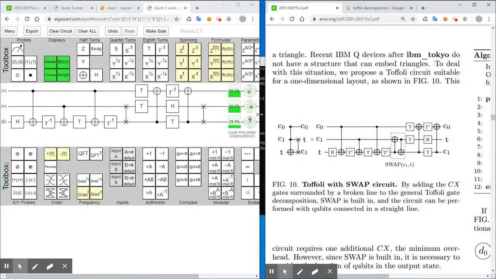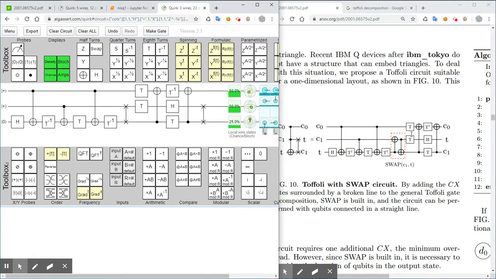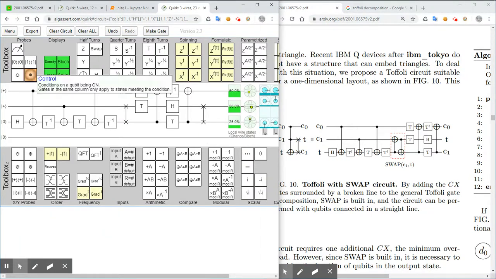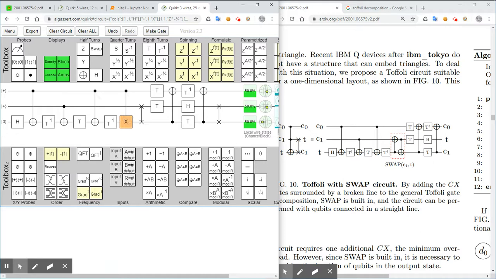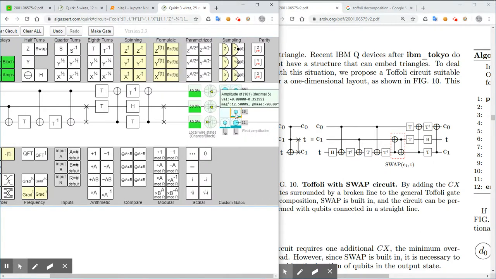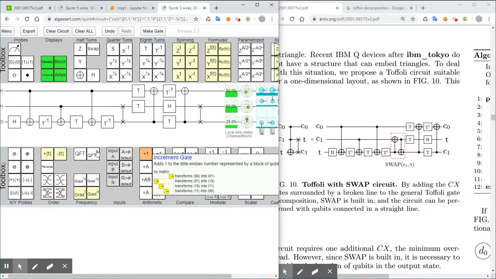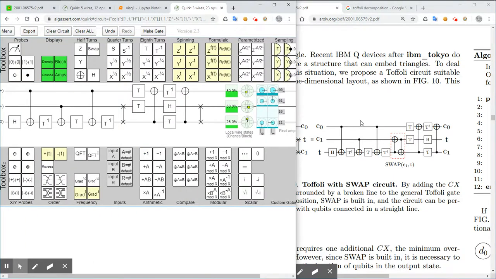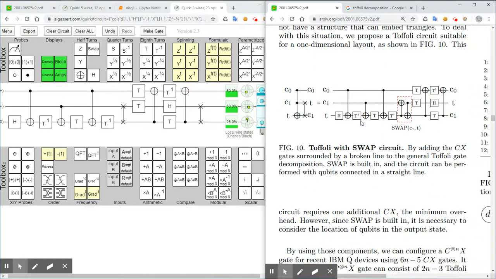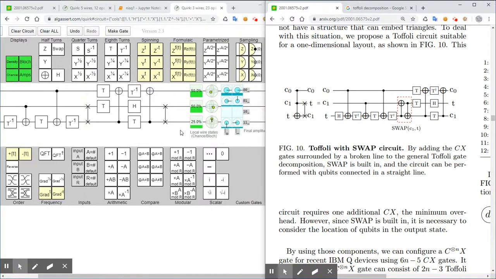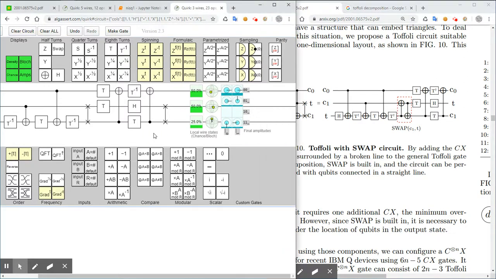There's a mistake in here. I think there's some operation missing. I think if I add another control X in here, I think that does this. That doesn't fix it either. No. That doesn't. So okay. So this is basically figure 10 doesn't seem to work. That's not a Toffoli. That's not how the Toffoli is supposed to behave. Okay, cool. I'll put that into the